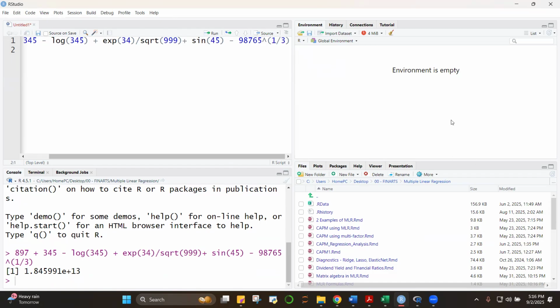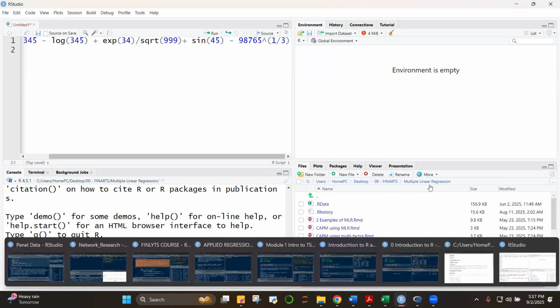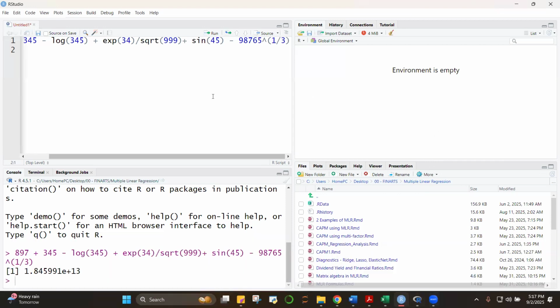Okay, but before I do that, let me just explain that RStudio will never work without R. As I mentioned a while ago, the analogy is that RStudio is like the dashboard of a car, and then R is the engine. The engine will run without the dashboard, but the dashboard will not be able to run without the engine. Okay, so that's a crude analogy, but I think it's a powerful analogy. So that's why when we installed, we did not install RStudio first. We installed R first. And what's the use of this RStudio? As I said, it's an